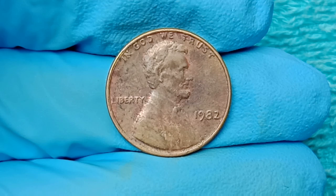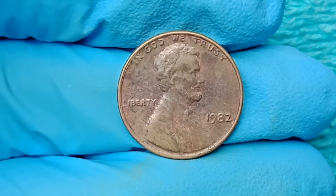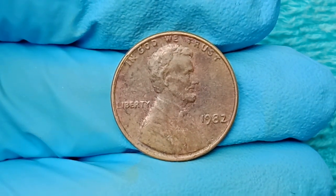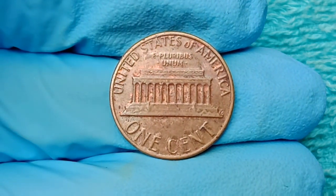slipped into circulation. And as new coins are discovered every year by roll hunters, coin dealers, and curious collectors testing pennies from bank rolls, garage sale change jars, or family collections, the true scope of the 1982 cent's complexity continues to expand and fuel speculation that even more valuable errors may still be out there undiscovered and waiting to be